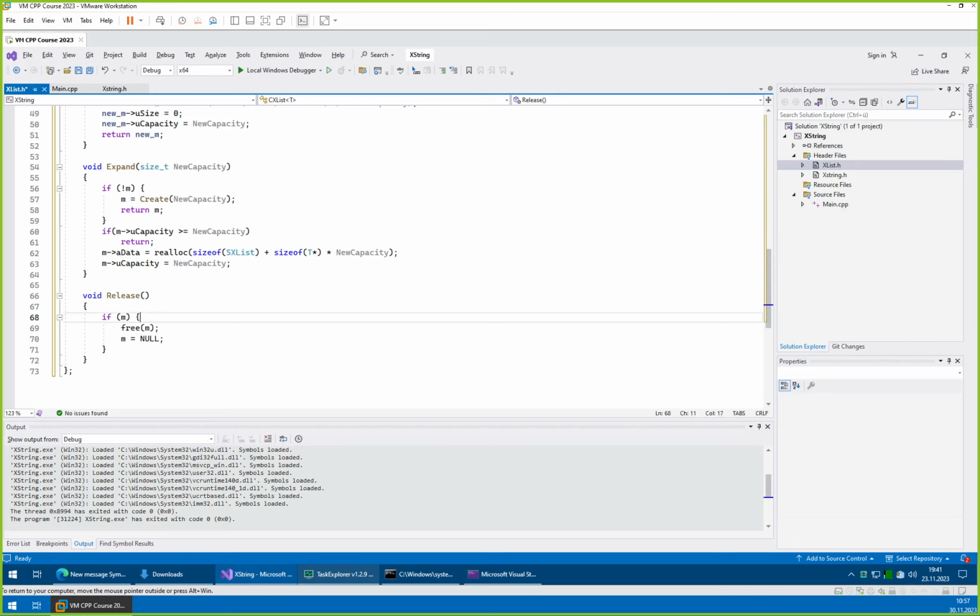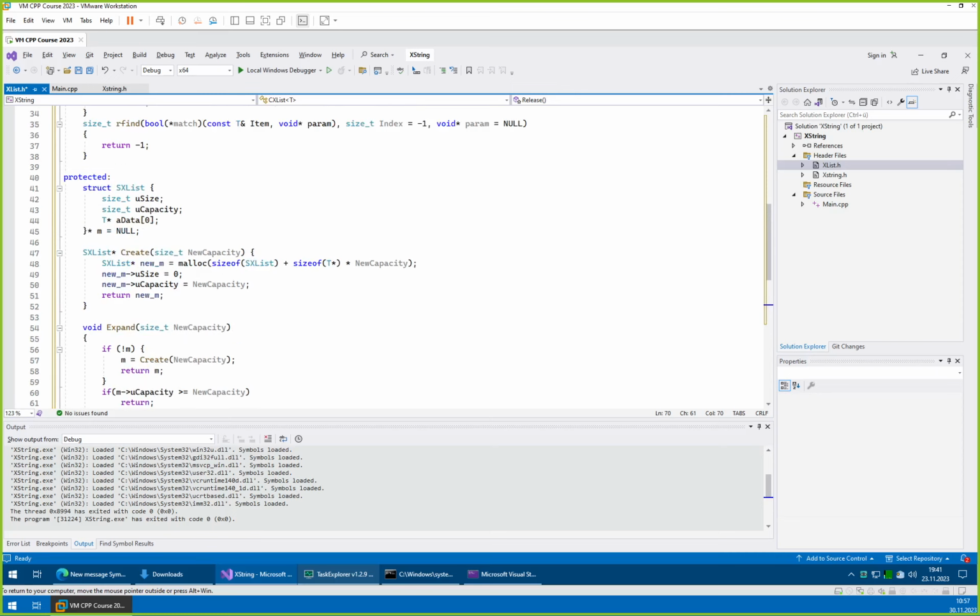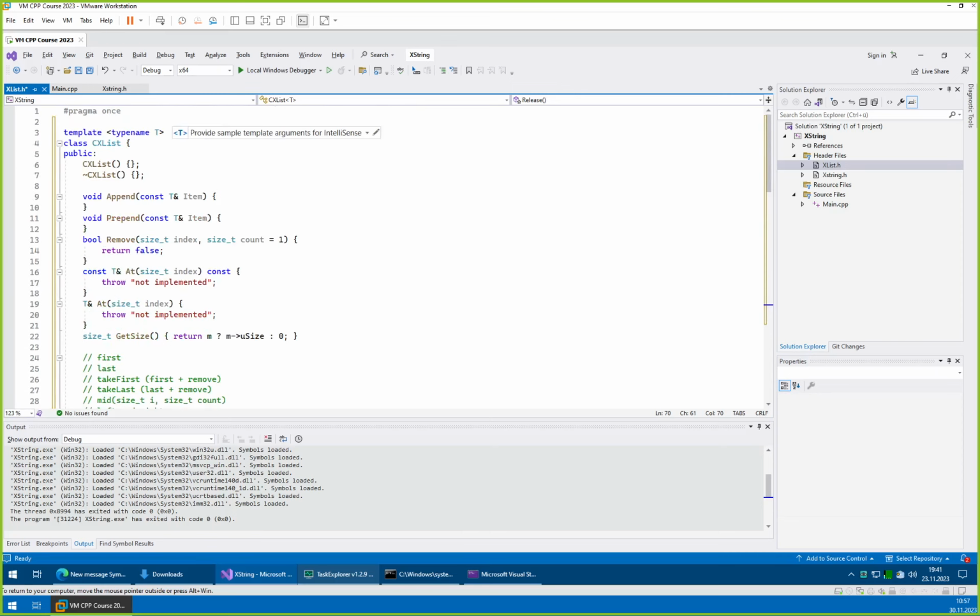Which one is more elegant? I guess we will make release do the releasing. So here we add a to do, it will have to be done later. So for now here we just add release